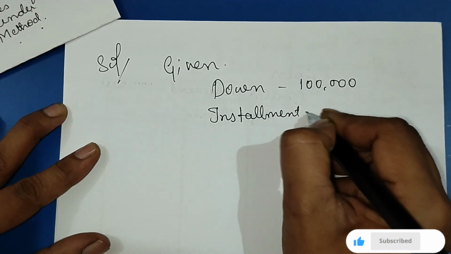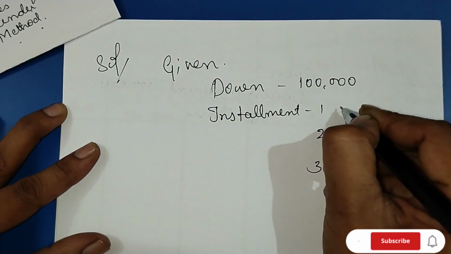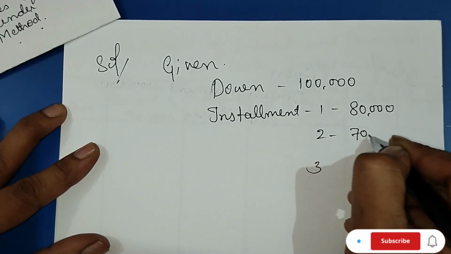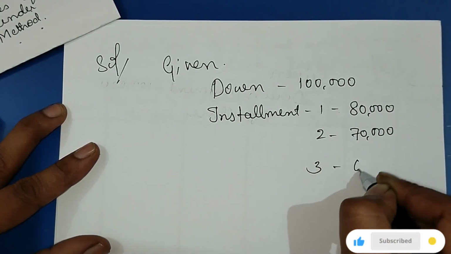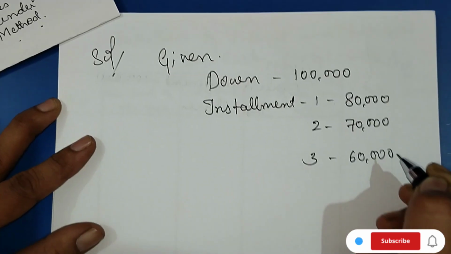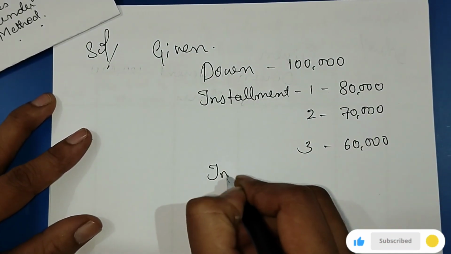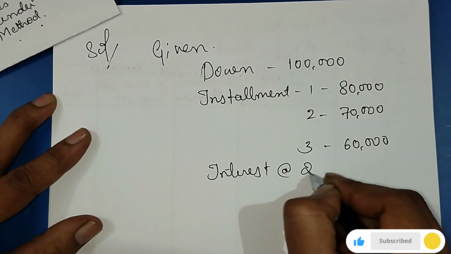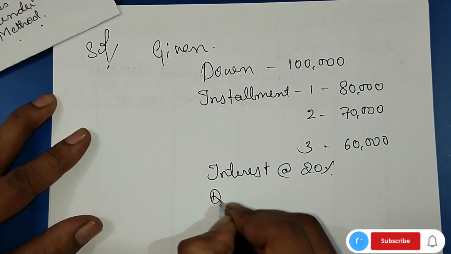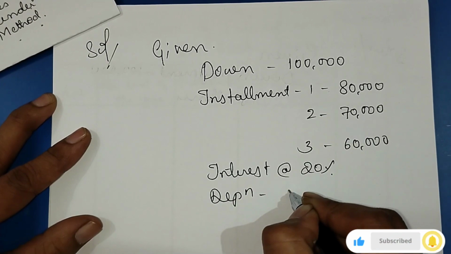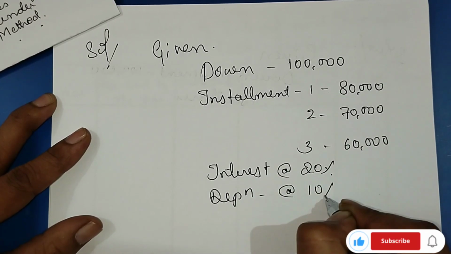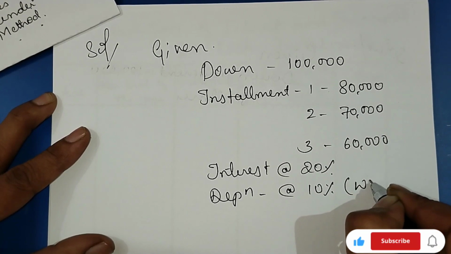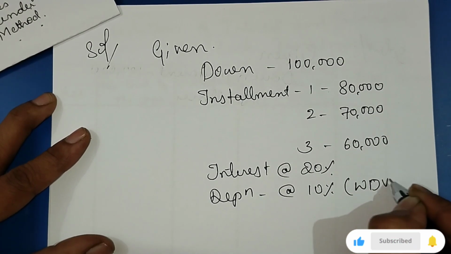They paid in 3 installments: first installment 80,000, 70,000 and rupees 60,000. And rate of interest is given: 20%. Depreciation is also given: 10%, and the method is also given, that is diminishing balance method or WDV method,